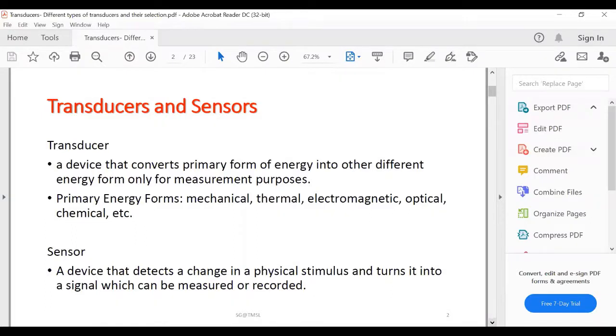I think all of you are familiar with these two terms, transducers and sensors. Basically, a transducer is a device that converts a primary form of energy into a different energy form, only for measurement purposes. It is a usual practice to convert all non-electrical phenomena of physiological events into electrical quantities using this transducer in case of